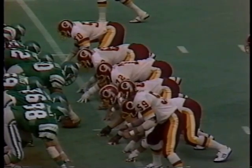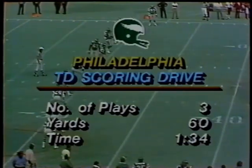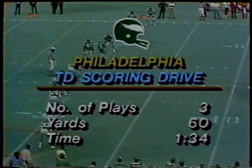We can see how they all have to bunch up on short yardage. See, they're all in there tight. Then in addition to that, they'll stay low. So it's the ideal time. We used to do that all the time. I love short yardages, and I love to throw those play passes, but we used to throw them to Dave